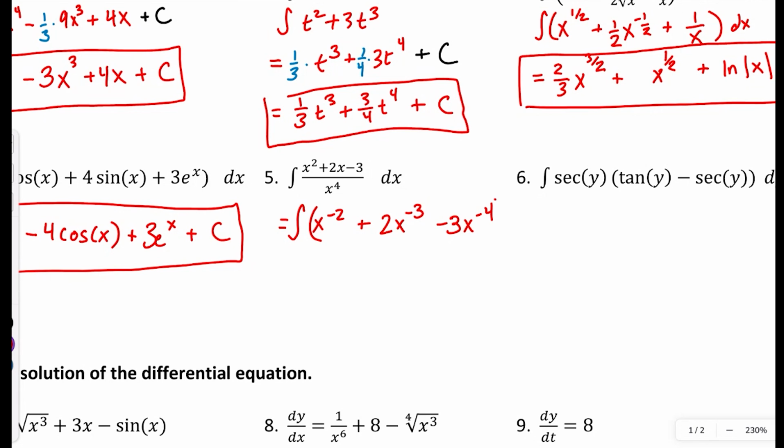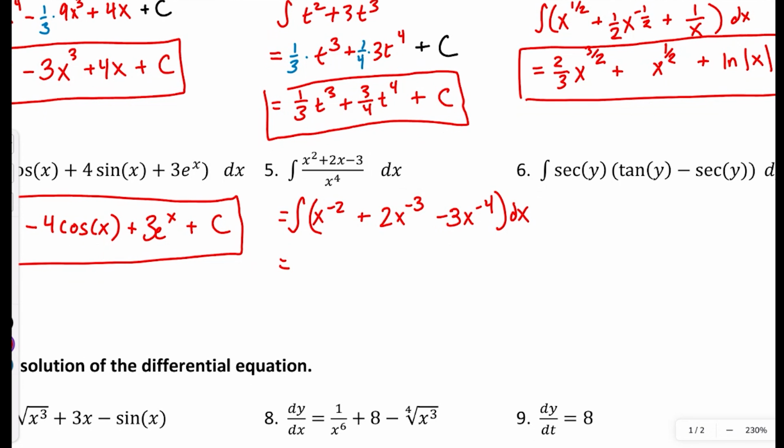We do need to include the dx here. It's going to be a requirement when you find these integrals. But once you find the integral, that dx, you're not going to write that anymore. You're going to have a plus c at the end. So yeah, x to the negative second power, if we use that anti-power rule, or just think about the power rule in reverse,